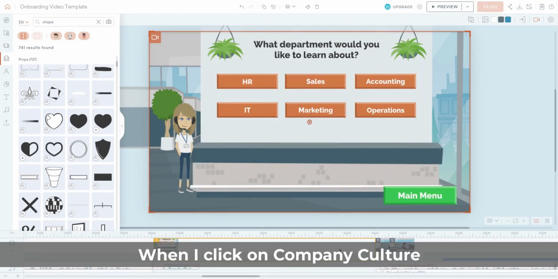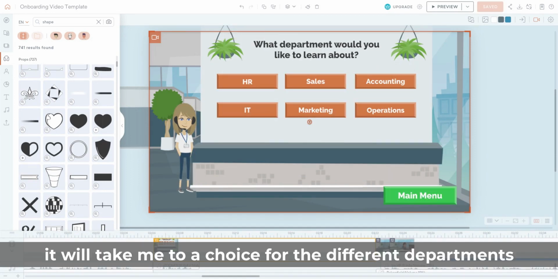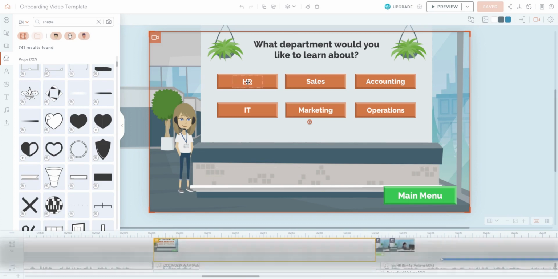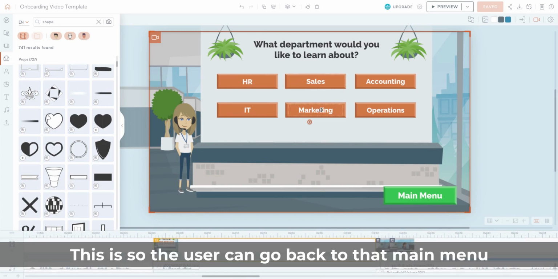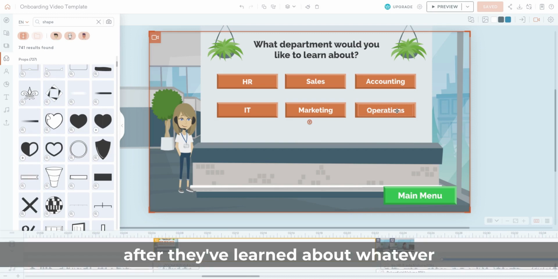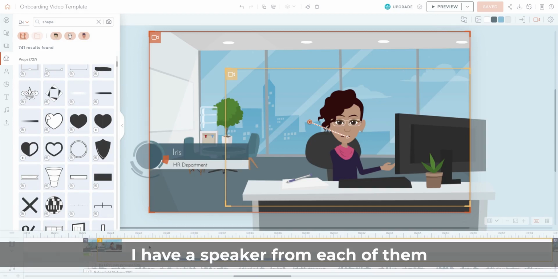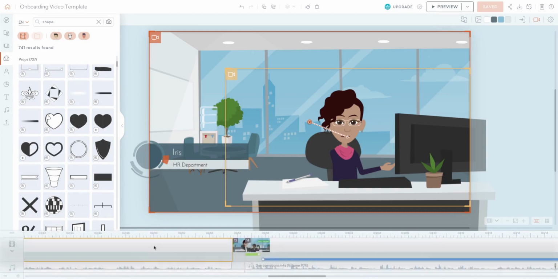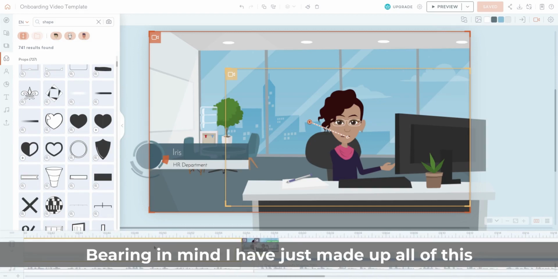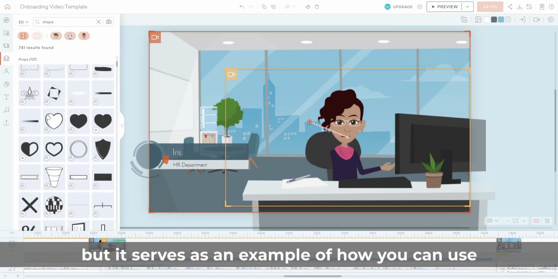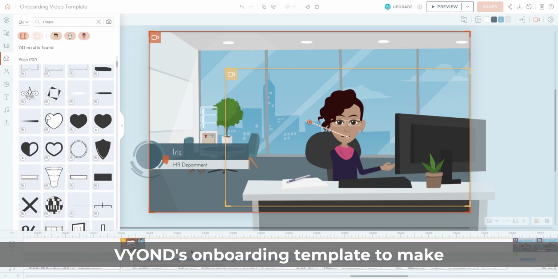When I click on company culture, it will take me to a choice for the different departments. I also include a main menu button. This is so the user can go back to that main menu after they've learned about whatever department they want to. To go with all of these departments, I have a speaker from each of them. Bearing in mind, I have just made up all of this. These aren't real people, but it serves as an example of how you can use Vyond's onboarding template to make